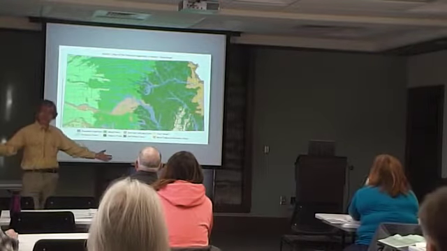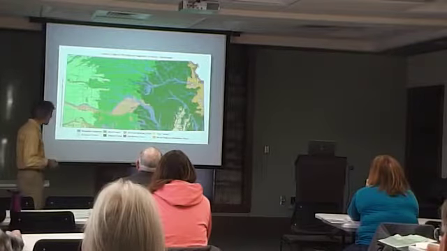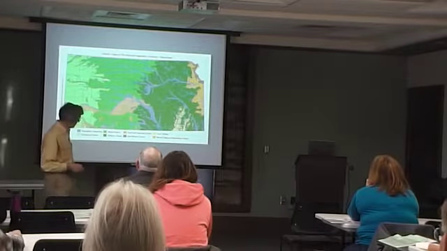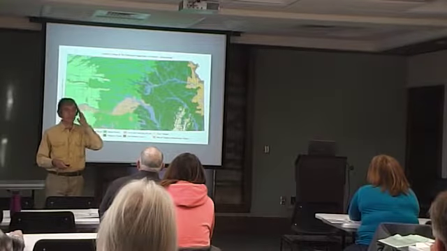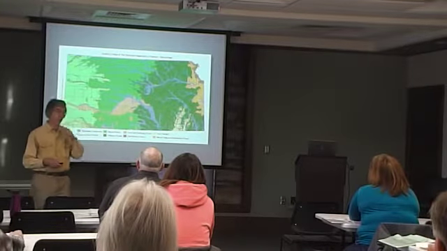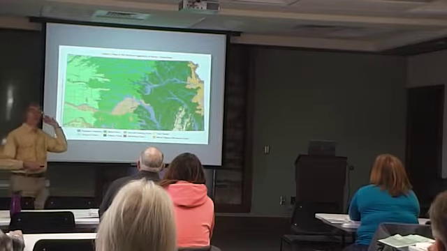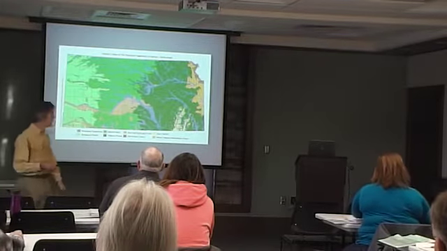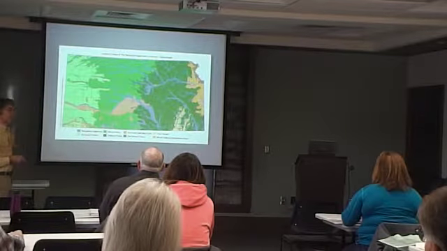So right along the Missouri, especially before European colonization, the Missouri was kind of the boundary of the deciduous forests in North America. So you go east of the Missouri, and it would have all been forested all the way to the East Coast. Pretty much, once you get to Missouri, as you go west, it becomes prairie,